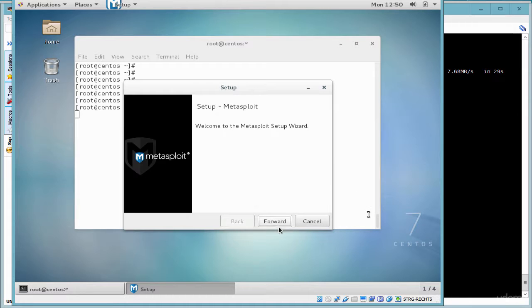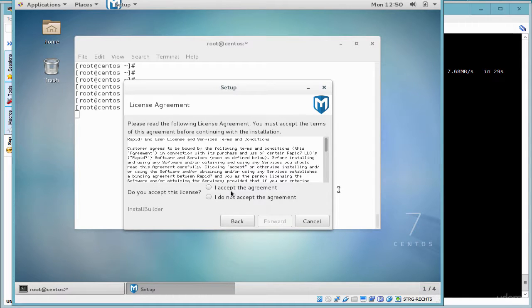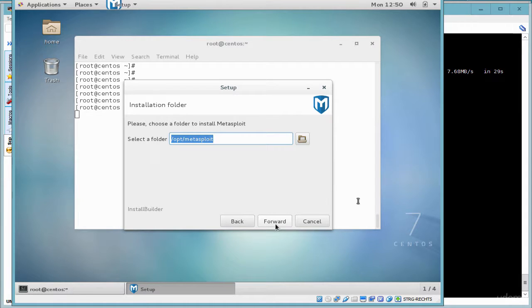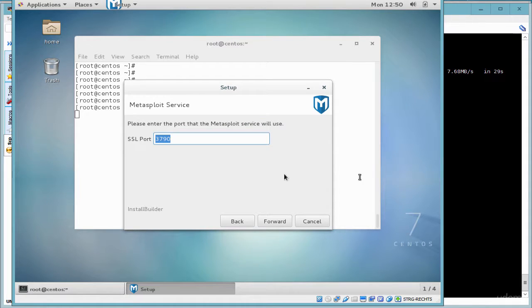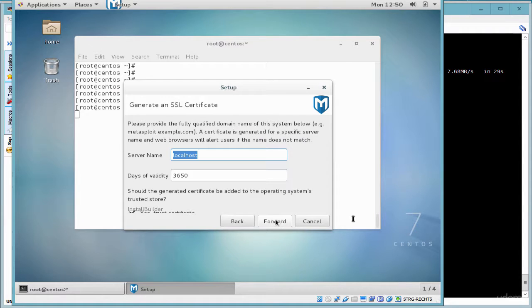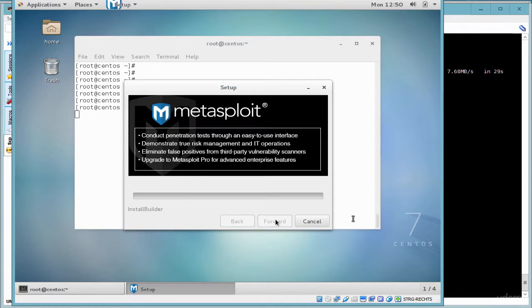I can click forward here and move to the next step. I accept the agreement. Let's forward to the next step. Choose a path. That's fine for now. Yes, I want to install Metasploit as a service. Forward. You want to make sure if you have any firewalls or antivirus, you need to disable that before proceeding. There may be some interference if you have an antivirus or firewall enabled. So make sure you disable that. This is the port that we will be listening in on. This is all okay. Leave that as is, and then I hit forward to then go ahead and install the